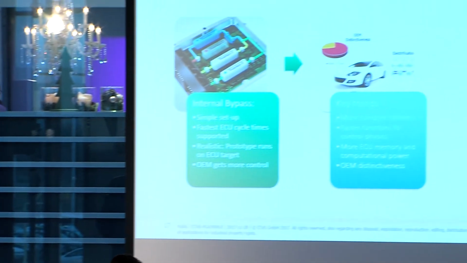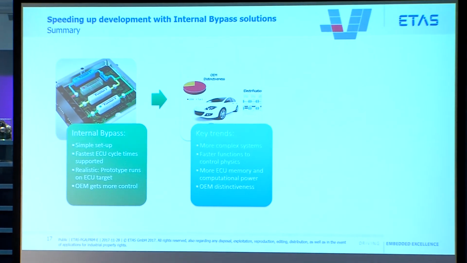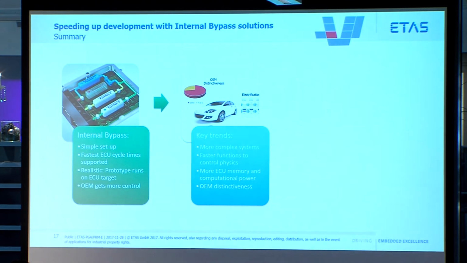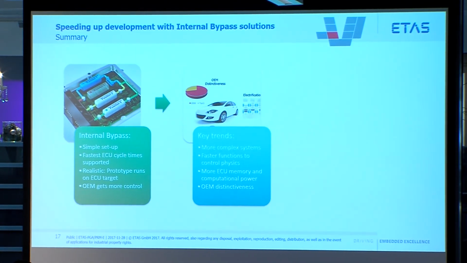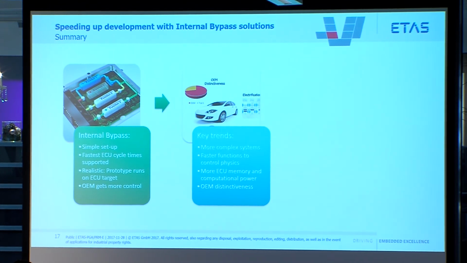So this is my last slide, almost finished. Just to summarize, really, we've seen internal bypass offers multiple benefits, and I think those benefits are becoming more relevant to these new technologies we're seeing, particularly in powertrain with electric-powered vehicles, but maybe also outside of powertrain because there's new opportunities to use this in chassis systems. Maybe it's relevant to ADAS. So it might, I think, spread outside of the powertrain domain to be used in chassis systems in future.